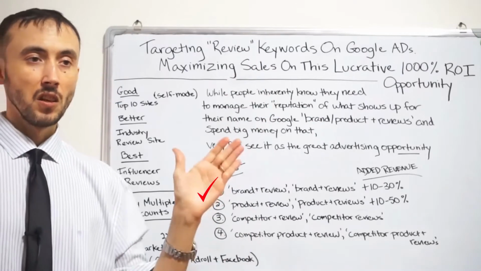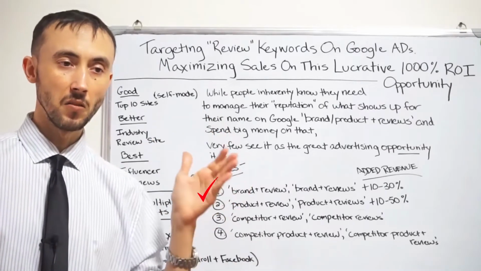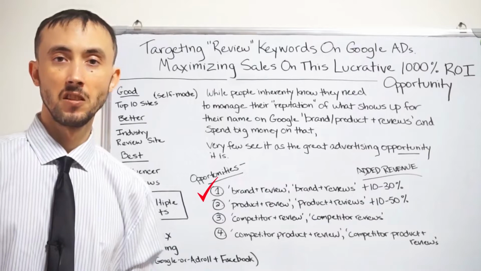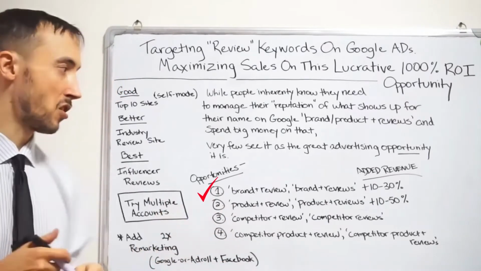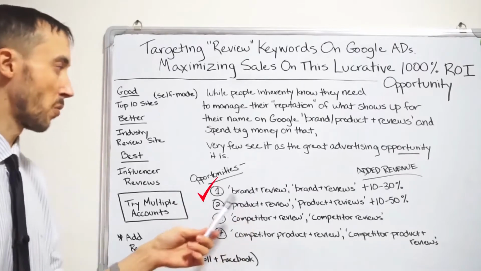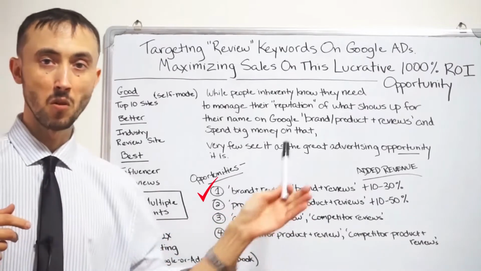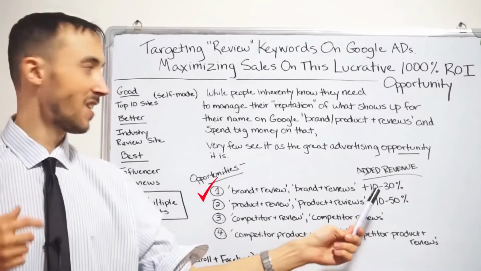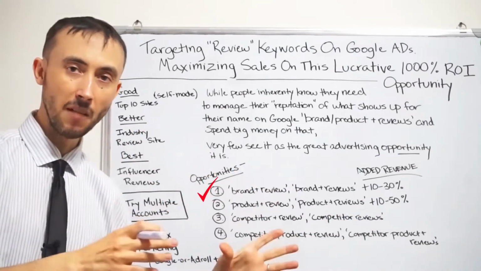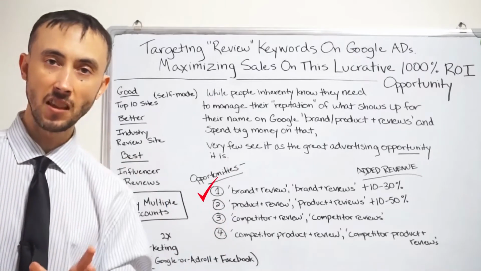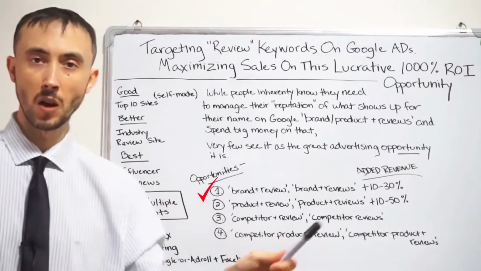Hypothetically speaking, if your campaign makes $100,000 a year in sales pretty consistently as it runs now, and you do the strategy as I'm mentioning here, specifically just this first one where you're going to control what people see when someone types in your brand name plus review or reviews, you can add 10 to 30% more premium or revenue on top of what you have already. So that 100,000 will be 110,000 to 130,000 pretty consistently just by taking advantage of what I'm showing you here.